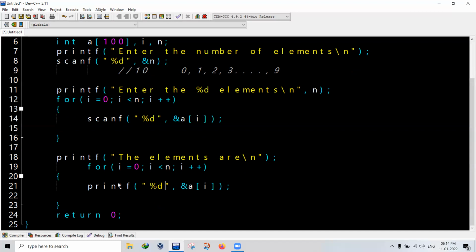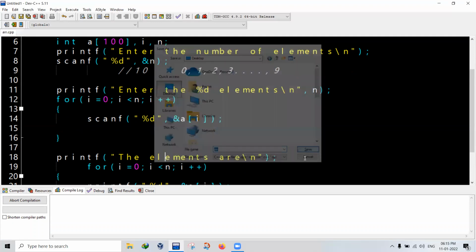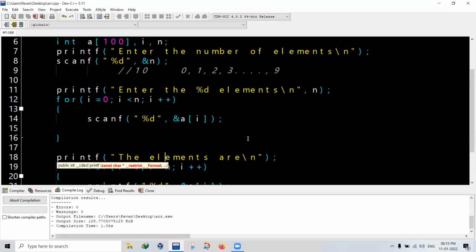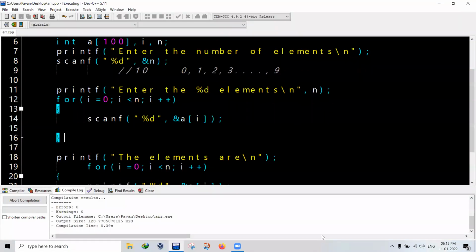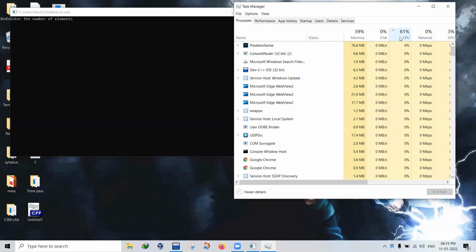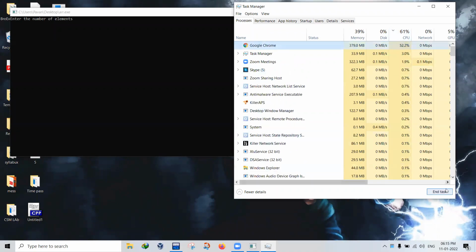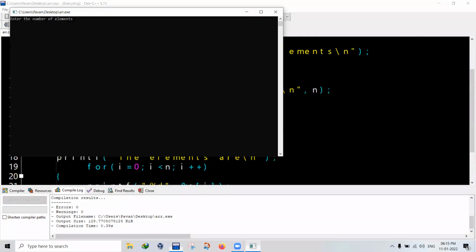If you don't give this space and run it, it's asking me to save this location. Let's say array, save. This gets saved in the desktop. Now I'll run this. Stay with me, because since it's running in Zoom, the speed may not be that great. My compiler closed. One second, I think something else is running in the background. Yeah, this Google Chrome keeps running in my background. Done. So we'll go back to my compiler.